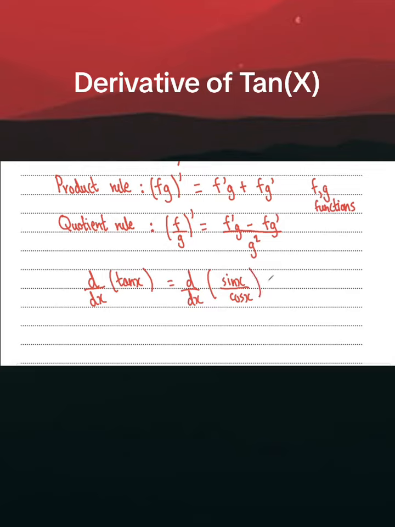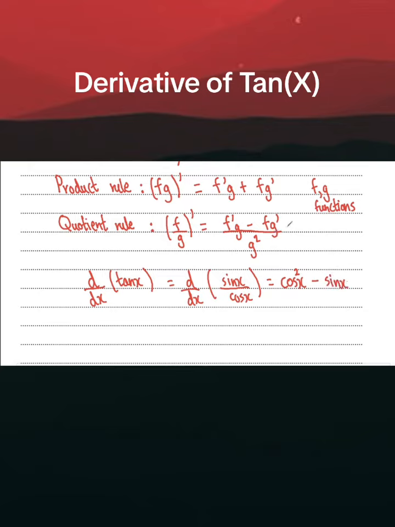That's pretty simple. Well, we can use the quotient rule now. So, the quotient rule says f over g. So f in our case is sine, g in our case is cosine. So we do f prime times g. So f prime is just the derivative of sine, which is cosine. So that's cosine of x times g, which is cosine of x. So that becomes cosine squared of x, minus f, which is just sine